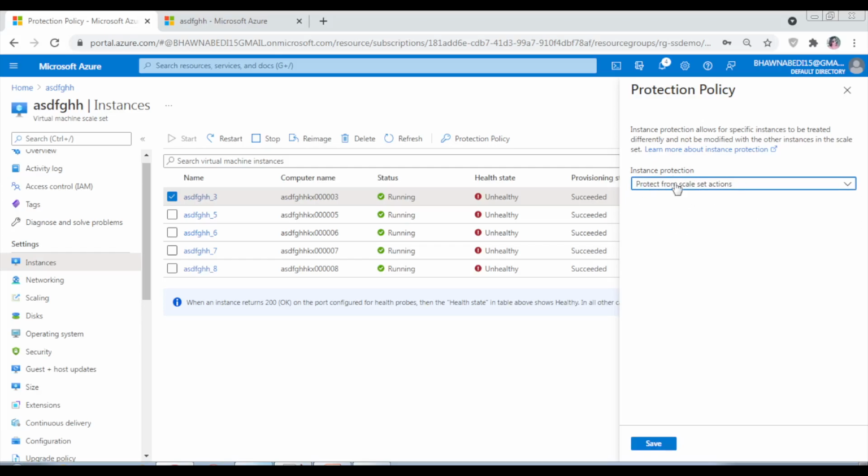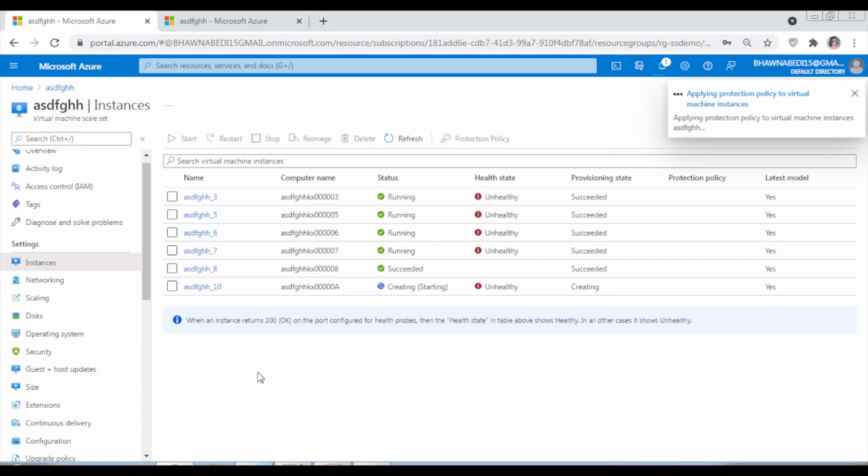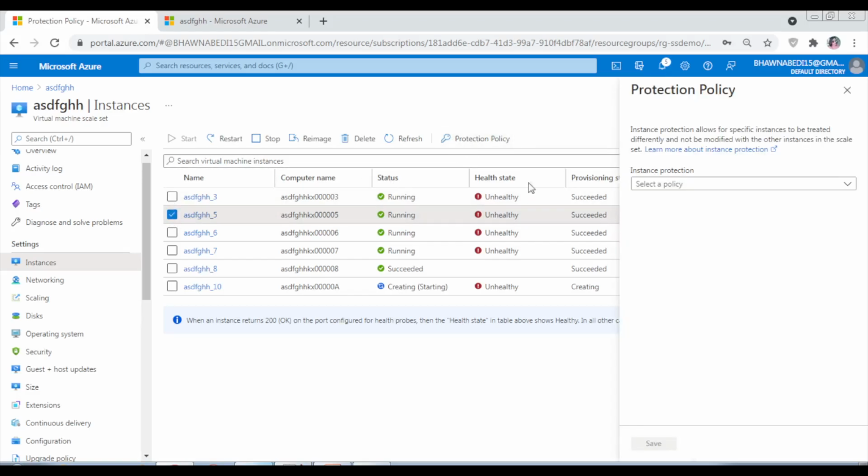Now if I select this particular option and save it, and if there is any update that starts happening, it will not update the underscore 3 instance, because you have enabled the protection policy on that. And in a similar case, if I again click on this protection policy and select protect from scale in, if I want to protect it from the scale in option, I can go ahead and select this policy and it will not scale in.